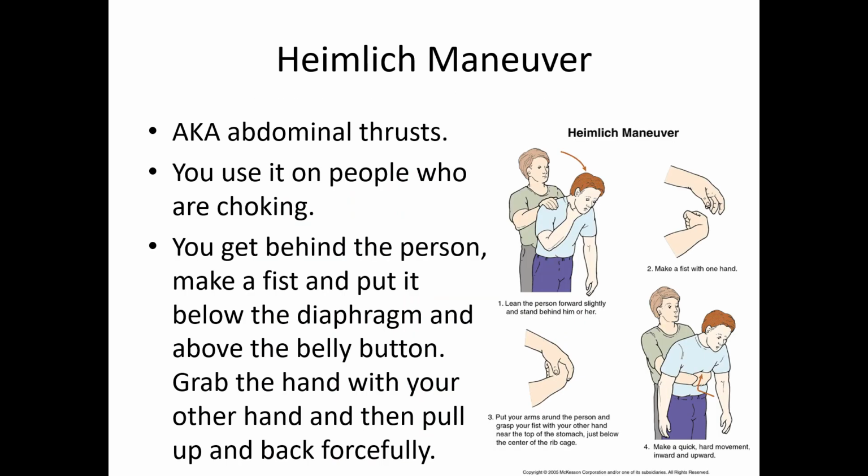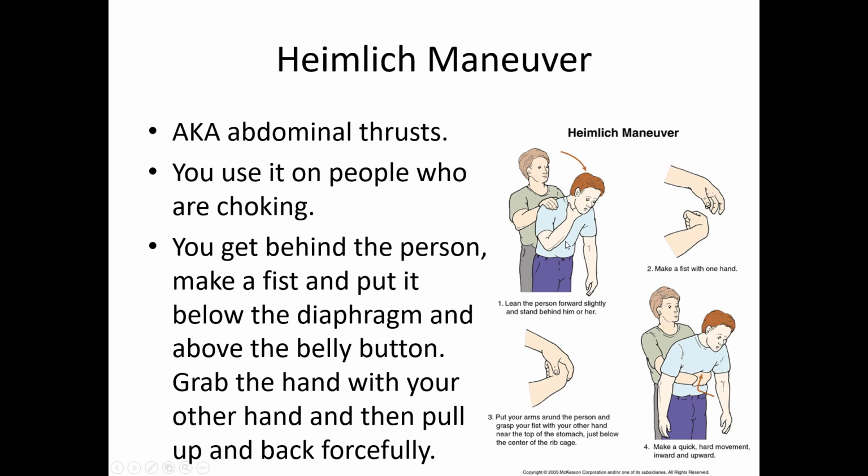This time we're going up towards the esophagus. Heimlich Maneuver, they're trying to change the name of this because apparently the Heimlich family wants money for Dr. Heimlich having come up with this. I don't know. So they're all trying to switch the name to abdominal thrusts at this point. But if you have a person who has swallowed food down the wrong pipe, aka food or drink has gone down the trachea, that is where you would use the Heimlich Maneuver. So whenever you try to do the Heimlich Maneuver, what you want to do is get behind the person, make a fist with one hand, put that hand just above the